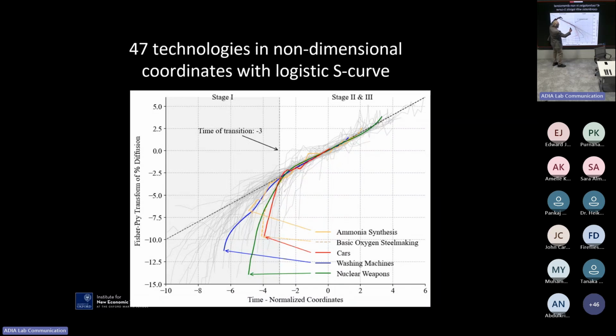This is a transformation that takes the S-curve and turns it into a line, okay? But then once they get up here, it seems like all of them fit, but down here, some fit and some don't. Now, it turns out this is not the only process you can write down. Another process